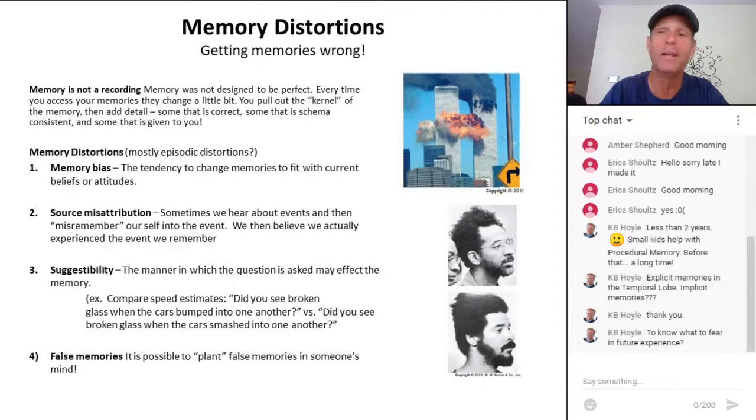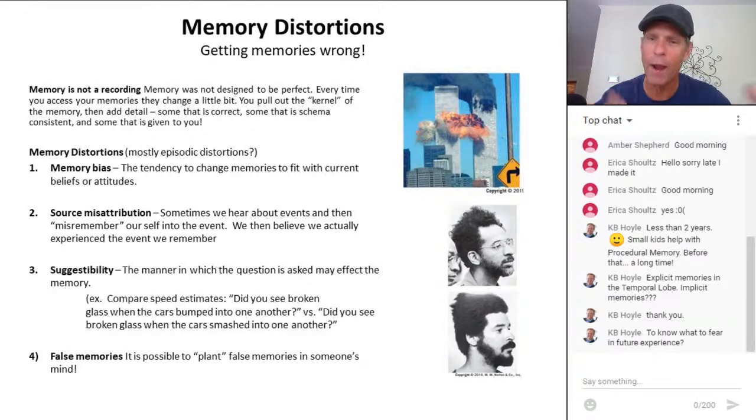Really, your memory is only useful. It was designed for the future. Now, when you're trying to decide what food to eat or what thing to avoid, it's not important that your memory is perfect. So if you see a berry and it looks similar to the other berry and you don't have quite the perfect memory, as long as you can make guesses about what you should and shouldn't do, your memory is working well enough. So in a sense, your brain was designed to use imperfect memories.